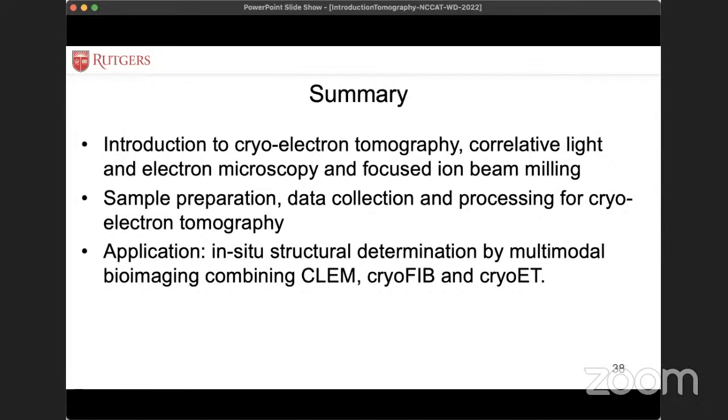Yeah. Hi, this is Agata. So I have a question regarding what should be the buffer composition of your sample, because that would result in a different ice thickness, I would imagine. And then a second question would be,